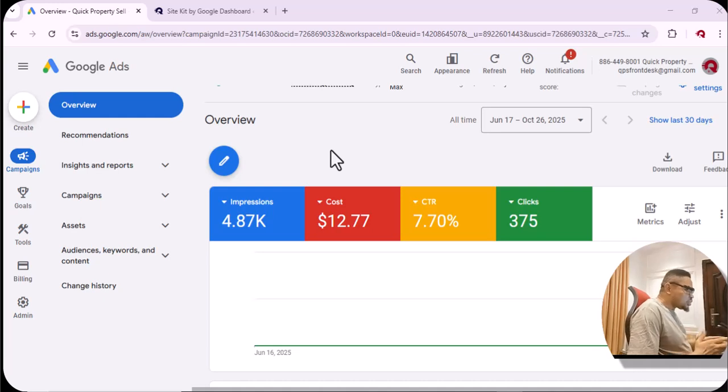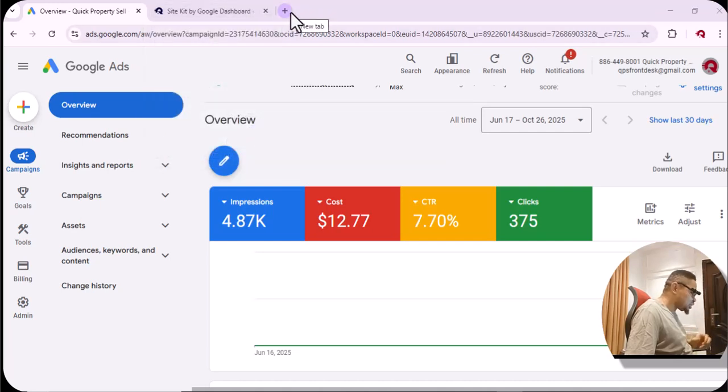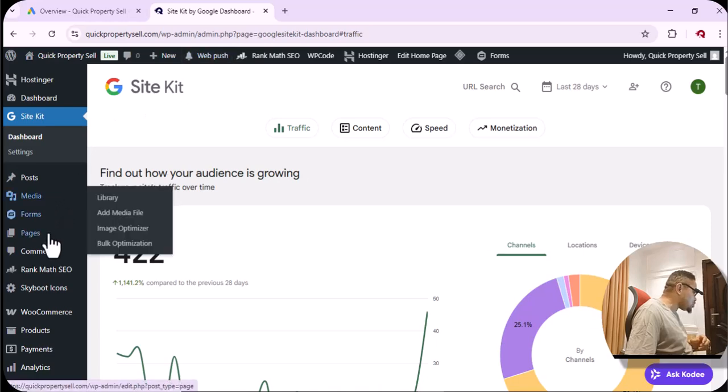Now, in this particular scenario, we are running this ad and we are not having results. People are coming to the website. Obviously, as you can see, we have 375 clicks to this website. Now, do we let them come to the website and walk off, right? Or do we find a way to get their information? So I'm going to show you quickly how this offer has been crafted, and I'm going to just open up